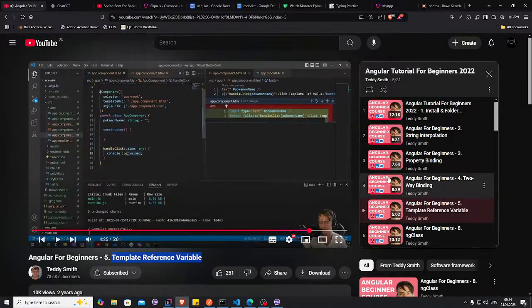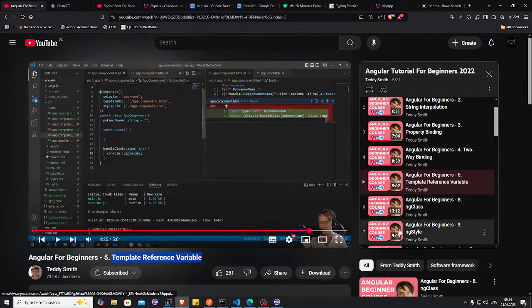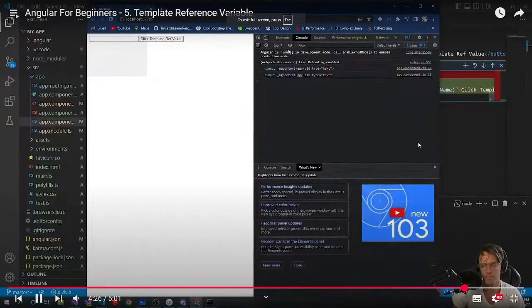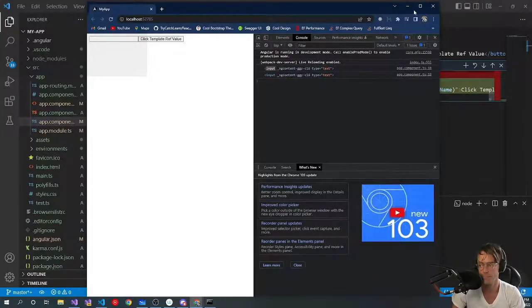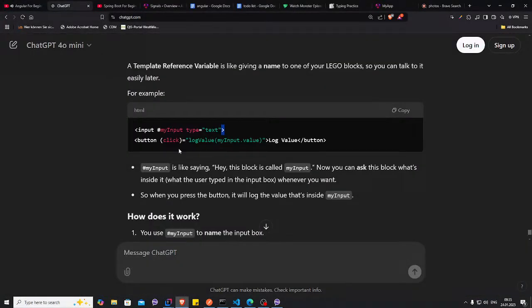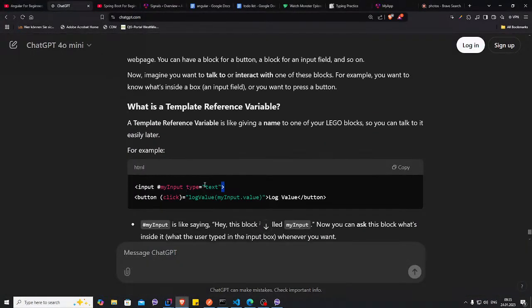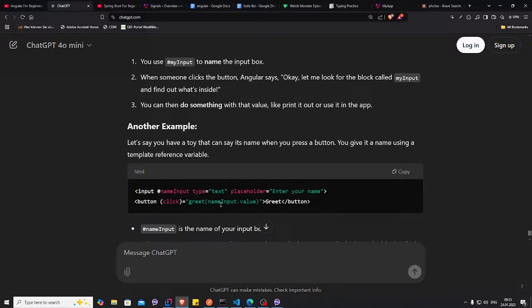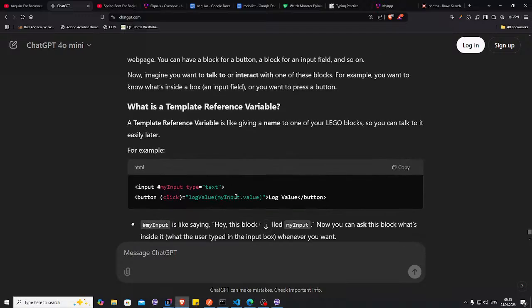What event video? I think logging it into the browser. And when we actually do that, that is the DOM element that we can manipulate, we can do all types of things to. Kinda get it, kinda don't, but we'll see. So we have input here, and that's the input field, and we call it by my input. Now the button, and we say the click event will be log value, and probably need to make a method for that one, and we ask for the value to print out the value of